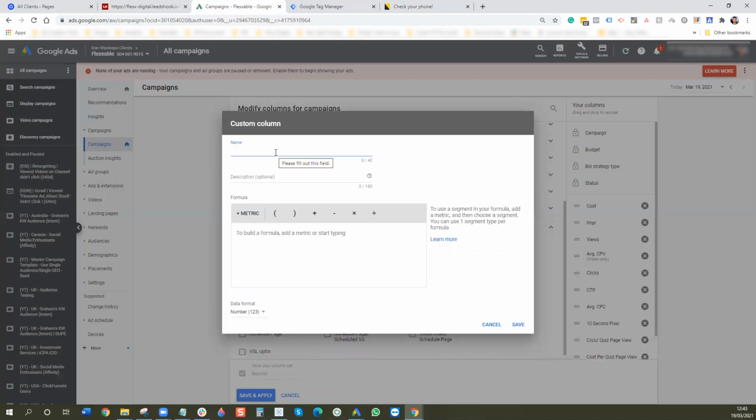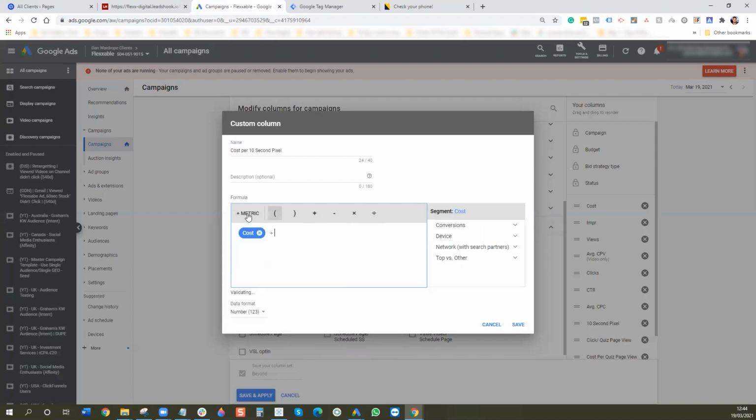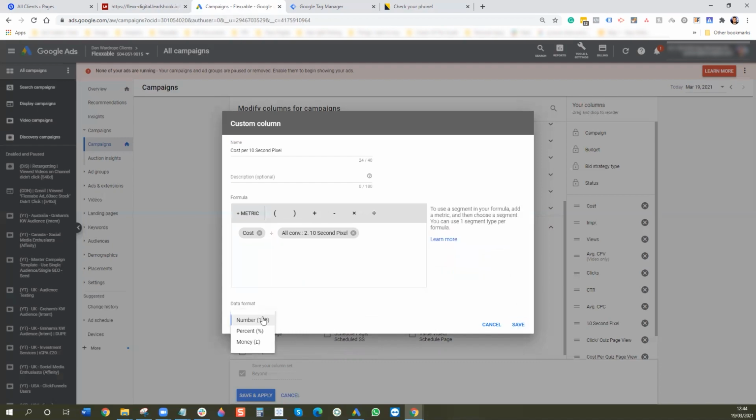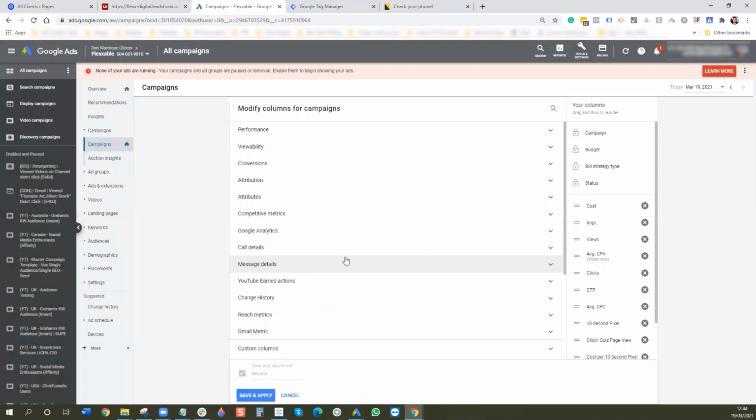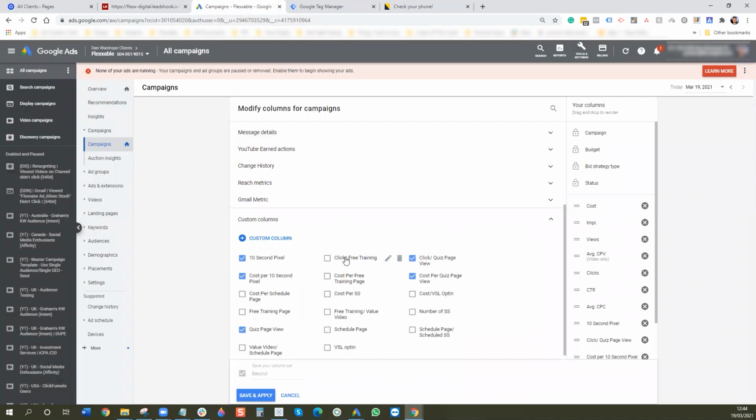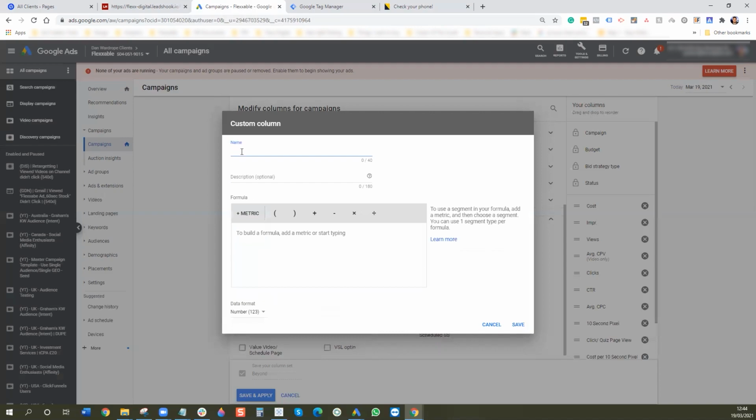Custom column. Divided by metric, conversions, all conversions, conversion actions, and 10-second pixel, and change to money. Save. Cool. And then you want to go